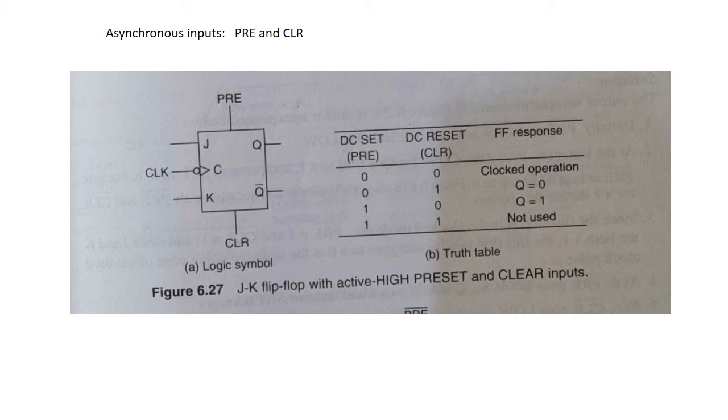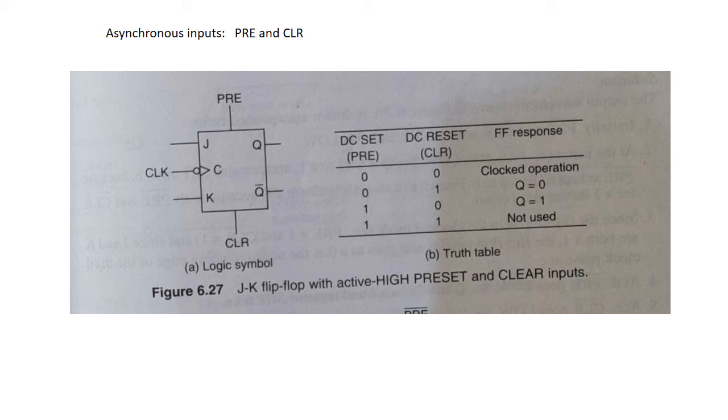They are normally labeled as preset, or direct set, or PRE, and clear, CLR, or direct reset. An active level on the preset input will set the flip-flop, and an active level on the clear input will reset it. In the truth table shown in the given figure, when the values of both PRE and CLR are 0, then the flip-flop will be operating in clocked